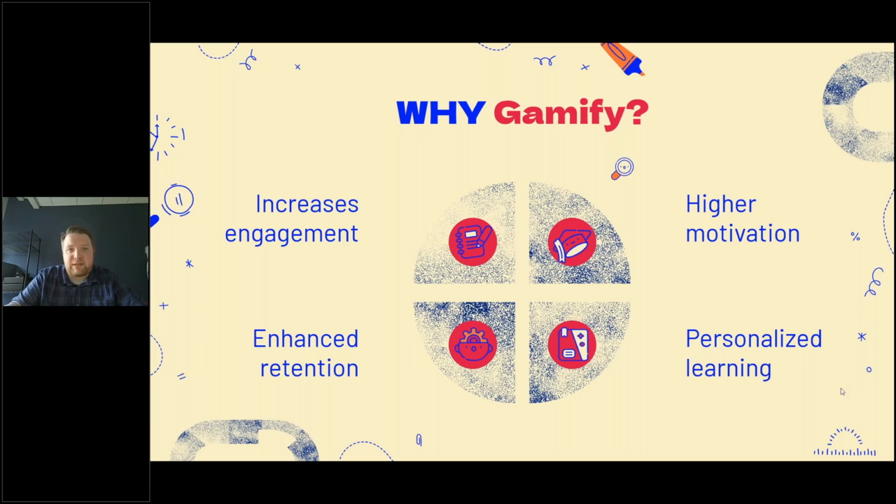Often we teach something, and they can forget it before the end of the day if it's just not important. But we know as educators, if they're interested in it, if they are engaged in that content, they're more likely to remember it later. So it's a really great way to enhance that retention. And also some of the things that I'm going to share today really allow for personalized learning. So really allow you to meet your students where they are, at different levels, in a really fun and playful sort of way.